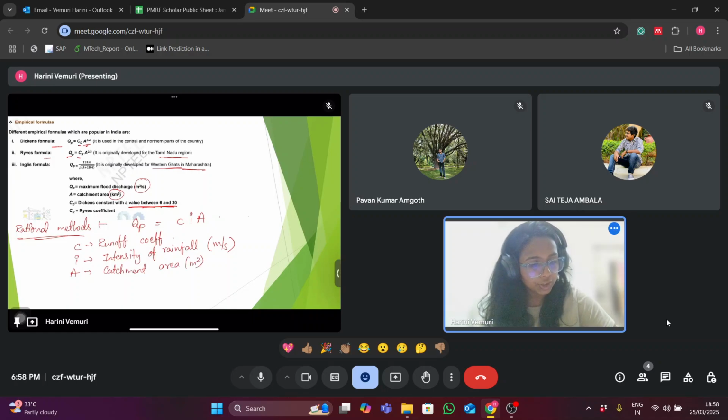So then you will get QP in terms of meter cube per second. Okay. So if you remember, the assumption in this method is that the intensity of the rainfall should be falling uniformly across the catchment. And also it should occur for a duration equal to or greater than the time of concentration of